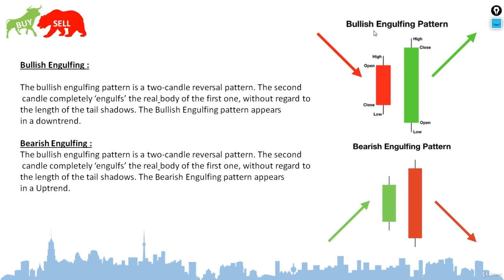The second candle completely engulfs the real body of the first one, without regard to the length of the tail shadows. The bullish engulfing pattern appears in a downtrend. So this is the bullish engulfing pattern. I have here a candlestick, and the next candlestick will engulf the entire body of the previous candlestick. This is what we call a bullish engulfing, and it usually signals a trend reversal,